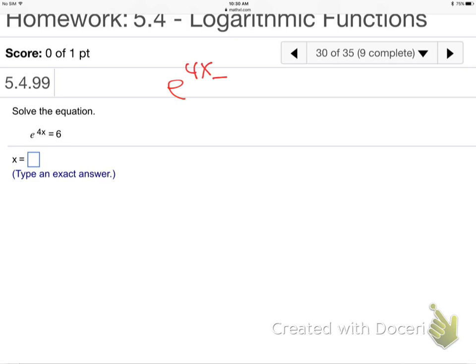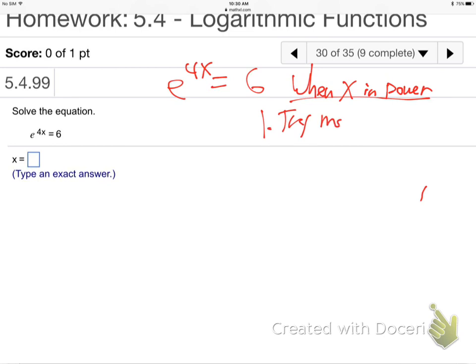Natural log? Yeah. You've got to get that 4x out of the power zone. You've got to get it out of there. So let me just write a special note. I'm going to jump ahead to something in the next section, but I think it's the best way to go. So when x is in the power zone,